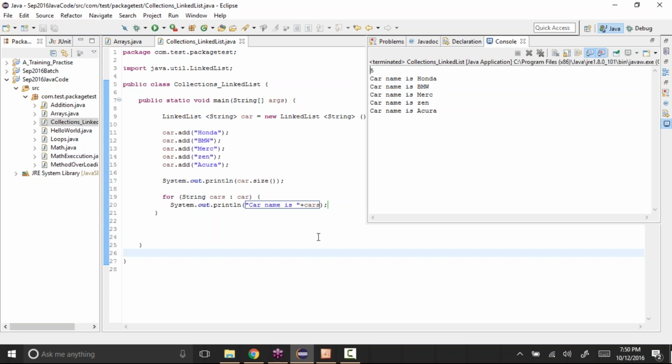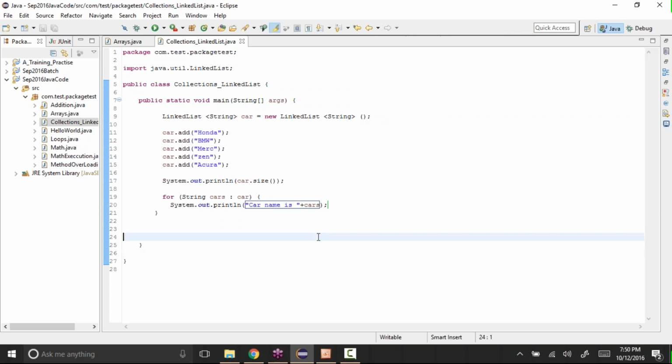So the only difference between the array list and the linked list is the way you add. Now we are adding just small values, so it might not make much difference when we are adding and deleting. But when the values are more, like thousands of values, or in real time, millions of values that we might need to add to one object, at that time we will see the difference. If it is 4 or 5 values, or 10, 100, 200 values, we might not see much difference.